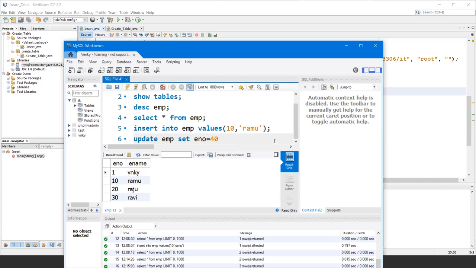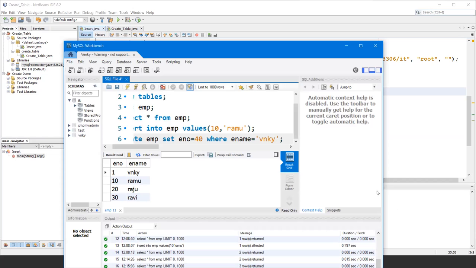Whose e number do I want to set as 40? Where e name is equal to, what is the name of that employee, VNKY.